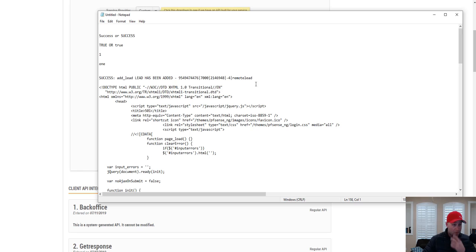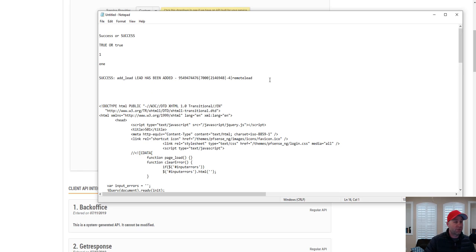And here's an example. There's actually two examples here. This is a shorter version right here, but you can see the system returned back success, add lead has been added, some other stuff. So the obvious one is success. However, I have seen systems return a success, the word, and then semicolon, fail duplicate. In that case, you can't use the word success because it's represented in a good lead and in a bad lead. So you've got to find some sort of a term that's unique in the response